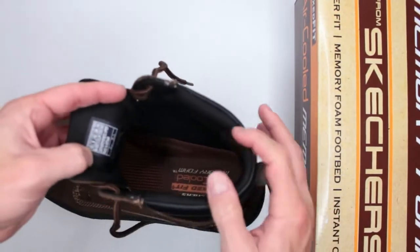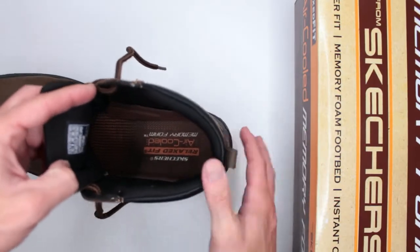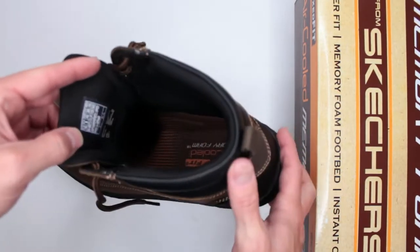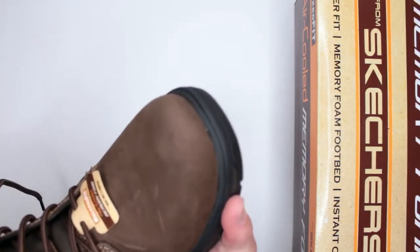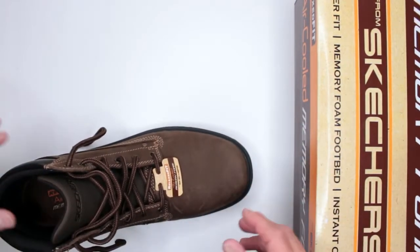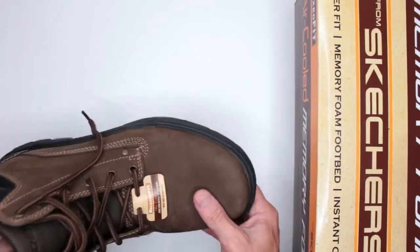But besides being a nice memory foam, which I do like a lot, it feels really good and comfortable, this is actually very nicely shaped as well. It has a pretty good arch support, and the memory foam goes throughout the whole boot. Really good, very comfortable. Of course, you do have the padding on the tongue, some padding in the shaft, and